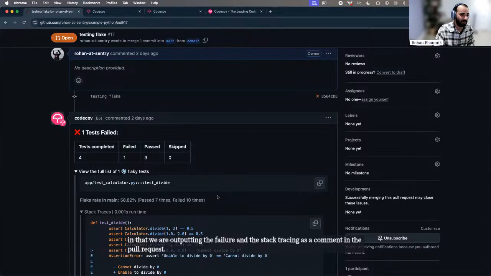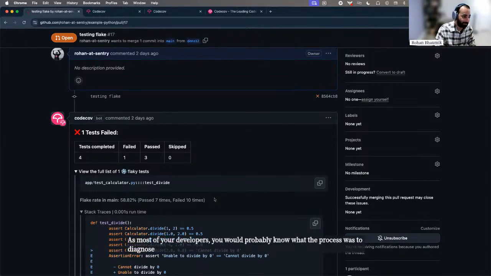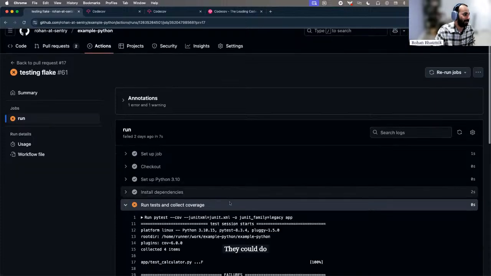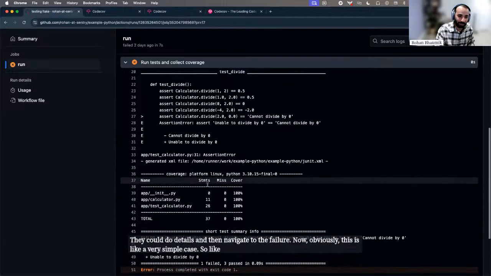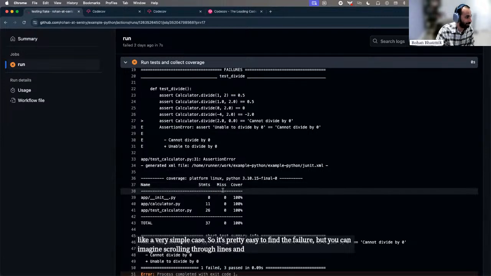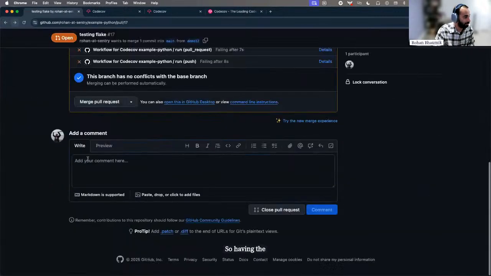Without this, as most of your developers would know, you would probably have to find the run yourself, go into details, and then navigate to the failure. Obviously, this is a very simple case, so it's pretty easy to find the failure, but you can imagine scrolling through lines and lines of stack traces trying to find the failure. So having the failure front and center out here